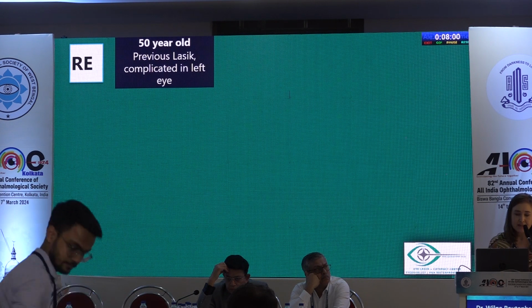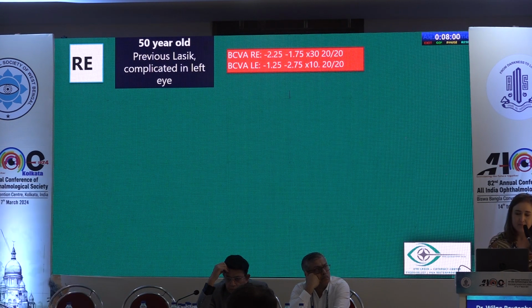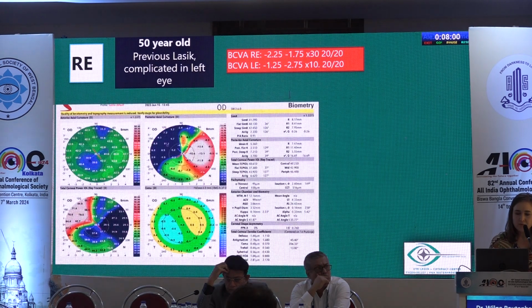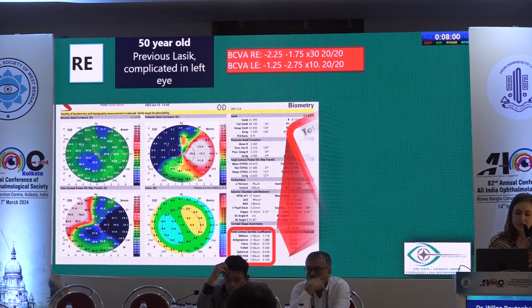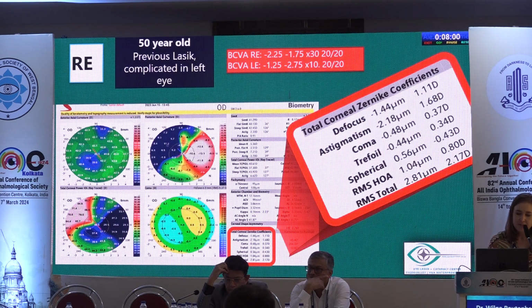He had complicated LASIK in his left eye with quite a high amount of irregular astigmatism, but on his subjective he also corrected to 20/20 on both eyes for distance still. He had quite a high amount of astigmatism also on subjective. So you can see here that his topography shows this irregular astigmatism, high amount of high order aberration, spherical and